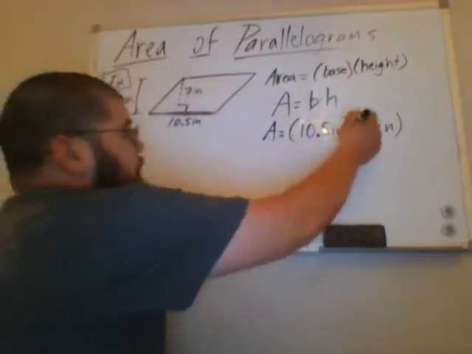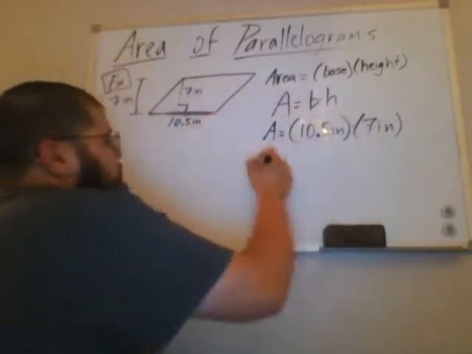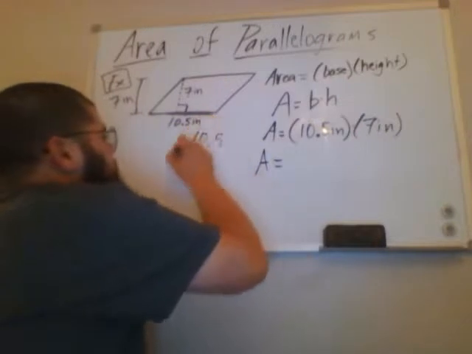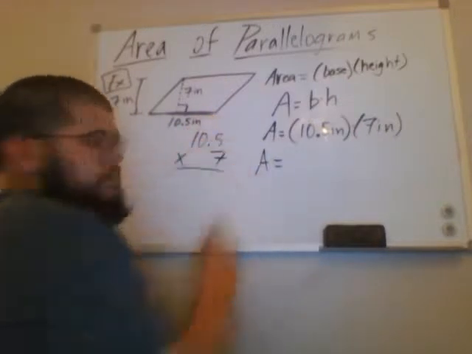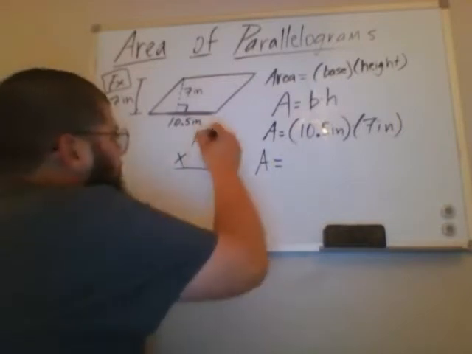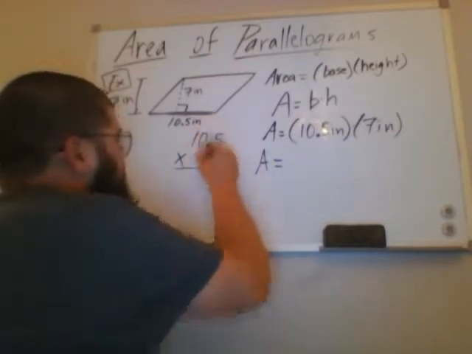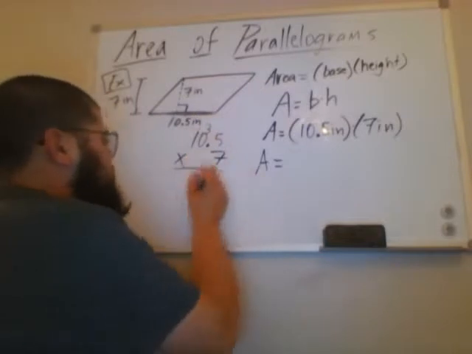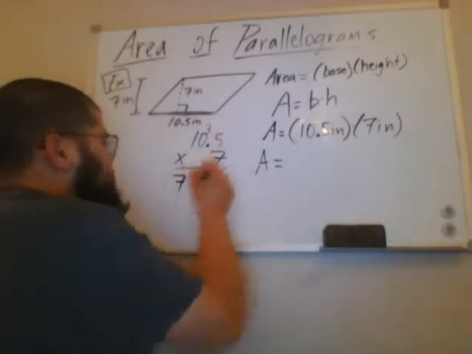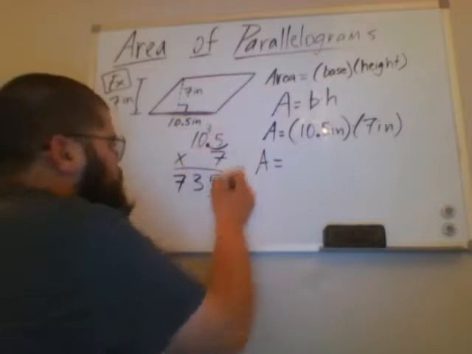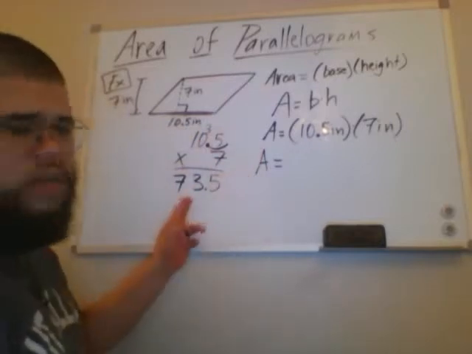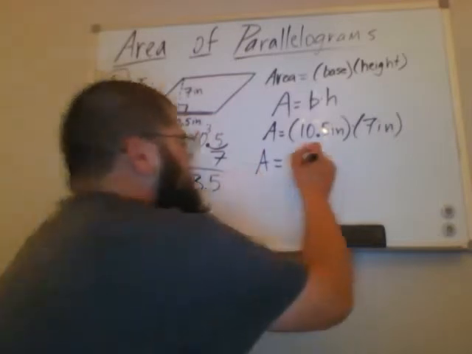We're going to multiply these together to find our area, which is 10.5 times 7. 7 times 5, we get 35, carry the 3. 0 times 7 is 0, plus 3 is 3. 7 times 1 is 7. How many decimal places do we have? Just one. Okay, so we got 73.5, which means our area is equal to